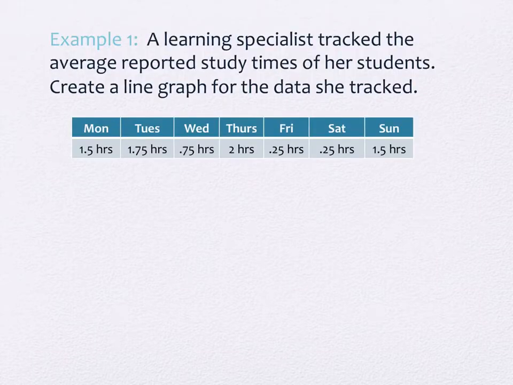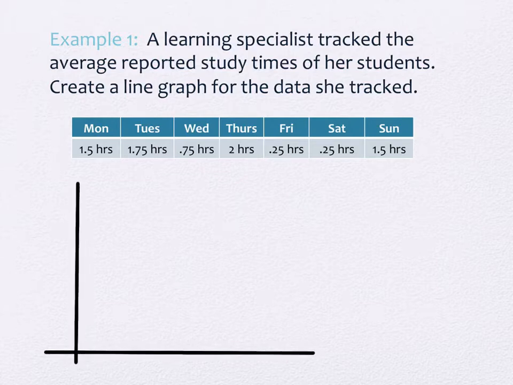So what we're going to do is make our X and Y axis, or our horizontal and our vertical axis if you prefer. And much like we did last time, we're going to mark along the horizontal and vertical axis what our data is representing. So the time is always going to go on the bottom, right? The change in time. So in this one, it's actually days of the week. So we can label them Monday, Tuesday, Wednesday, Thursday, Friday,